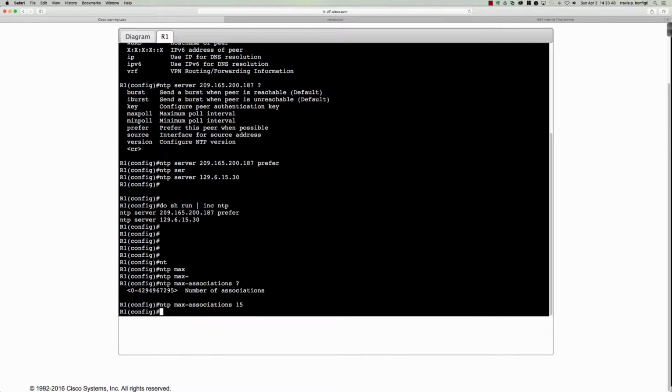I'm going to limit the number of associations to 15. So 15 devices or nodes could use me, router 1, as an NTP server. Okay,